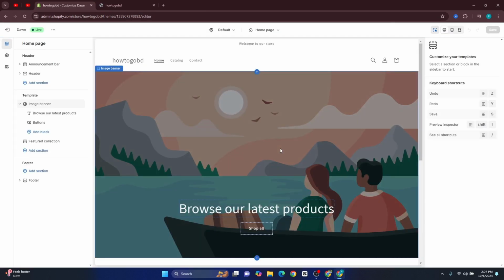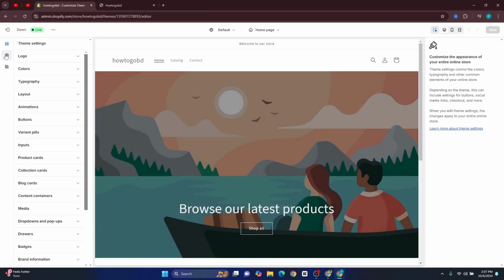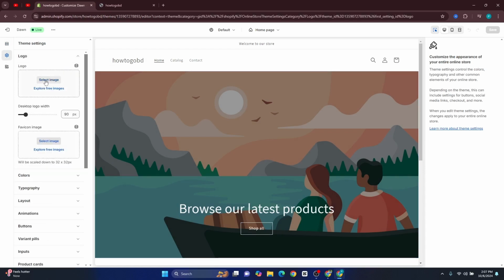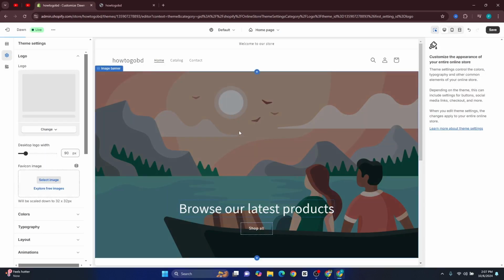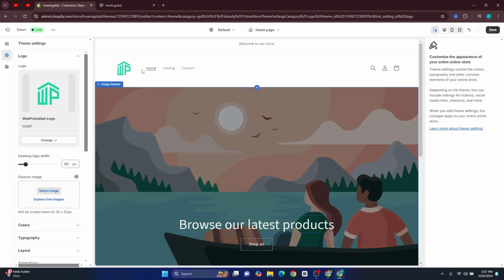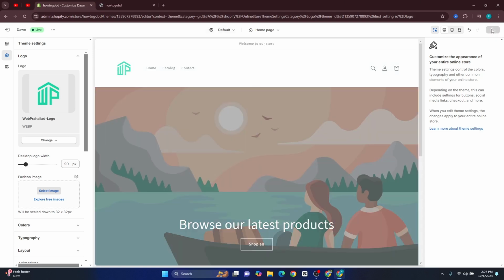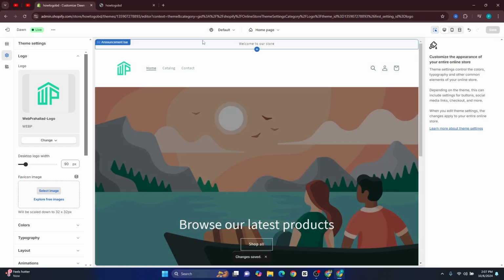Now go to the top left corner, click on the settings gear icon and expand the logo section. Select image. Now you can upload a new logo or you can select your existing logo, and then click on Done, and there you go. After updating the logo, go to the top right corner and click on Save, and that's how you can add a logo